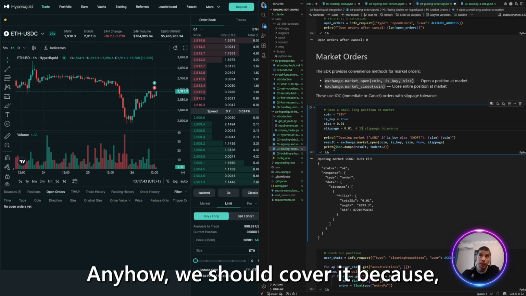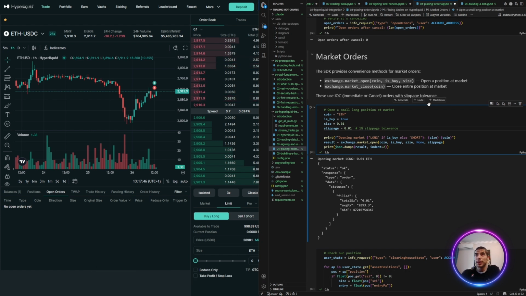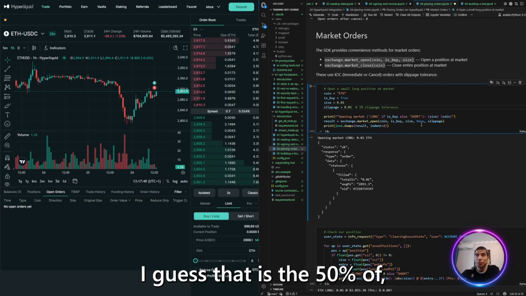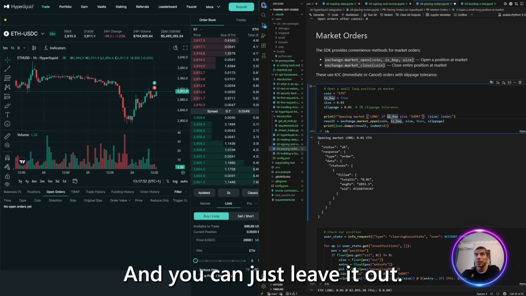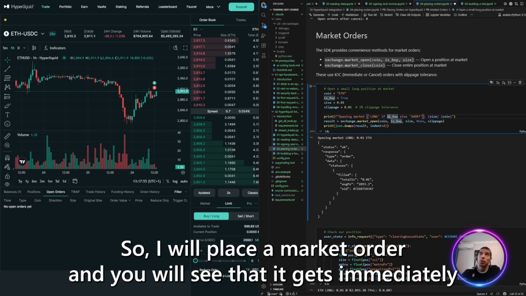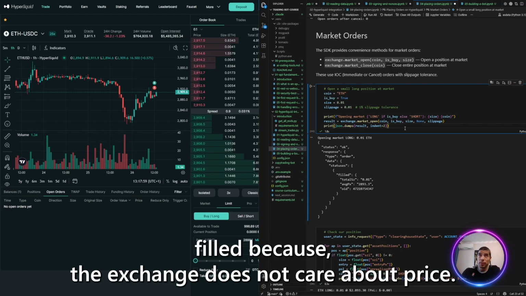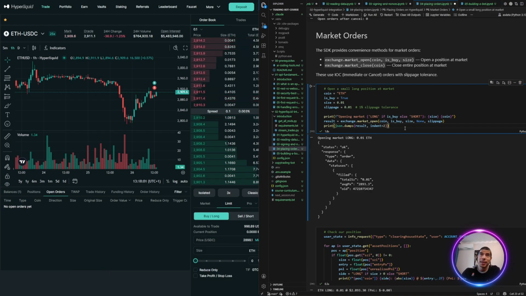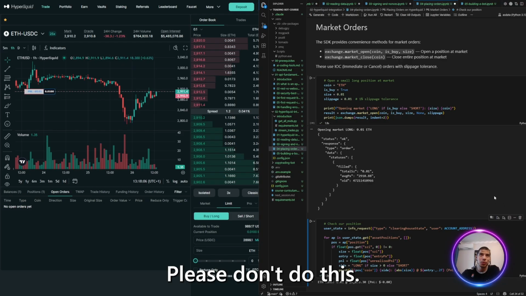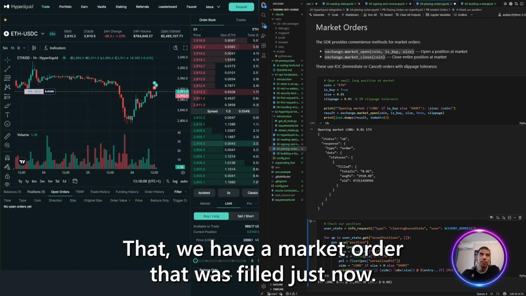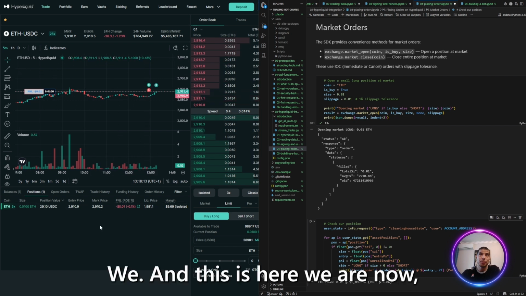Anyhow, we should cover it because I guess that is 50% of how to work with this as well, and you can just not leave it out. Right, so I will place a market order, and you will see that it gets immediately filled because the exchange does not care about price, and that is exactly why I tell you, please don't do this. Ta-da! We have a market order that was filled just now. And this is here. We are now